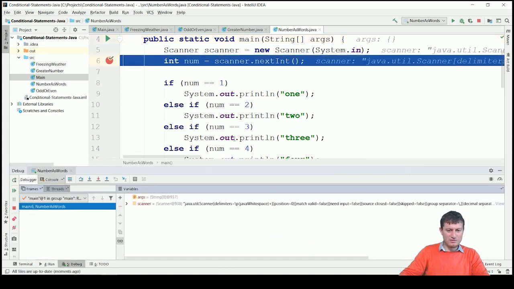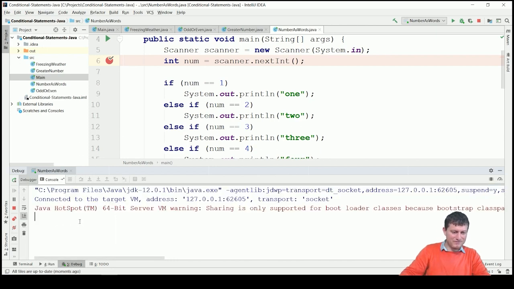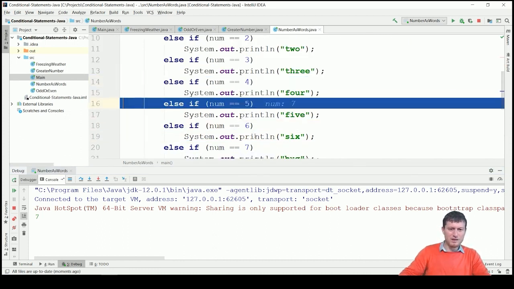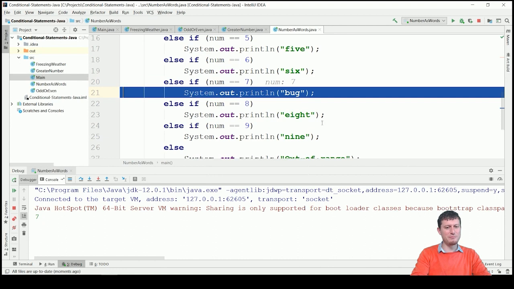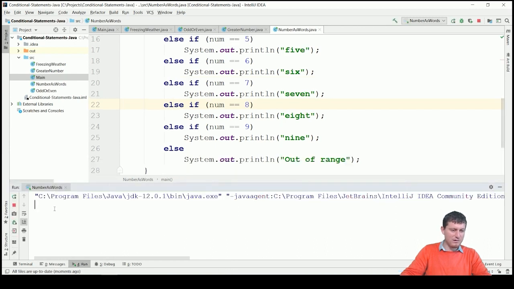So I can run this in the debugger and trace it. F8, I will press, oh sorry, I closed the console, 7, and I execute this step by step. Ah, it prints bug, but it should not be bug, it should be 7. So this is how I can find my problems, my mistakes in the program and fix them. So I fix the bug and I run it again,